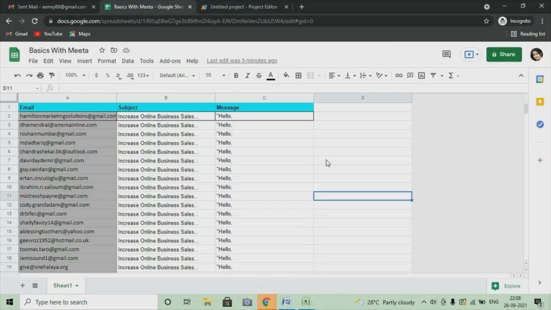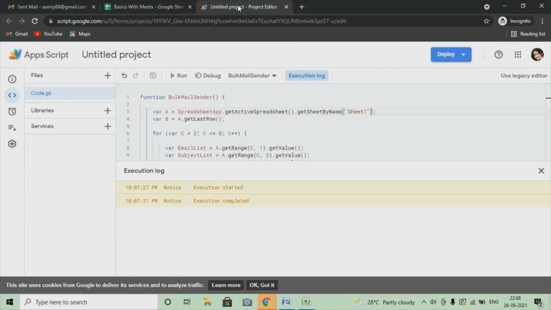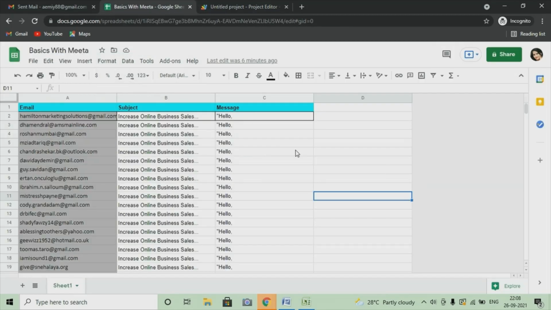So this is how you can do it. And now I'm going to show you, if you don't want to use the spreadsheet backend, how you can send the bulk email using a button that we are going to create. You don't have to go to this app script or the backend of the spreadsheet to send the data. You just have to mention these functions, this code here, and simply make the button. So I'm going to show you how you can create a button.